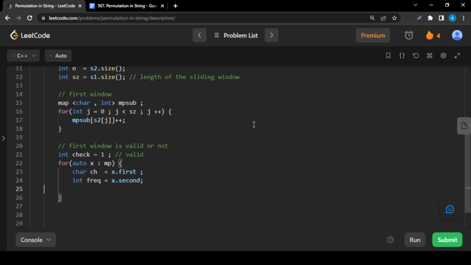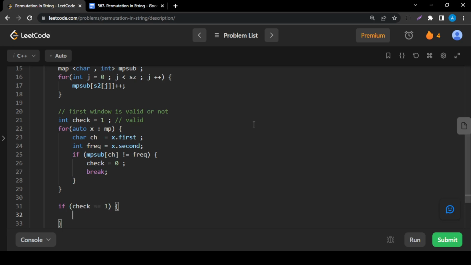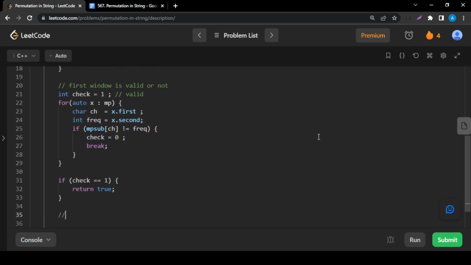Then we check whether in the second map the frequency of that character is equal to the frequency in the map. If it is, then it is fine. If it is not, then we can directly do check equal to 0 and break. So if check equals 1, that means the first window itself was valid, and we can directly return true, that we have found a valid window. Otherwise the first was not valid, so then we apply the sliding window